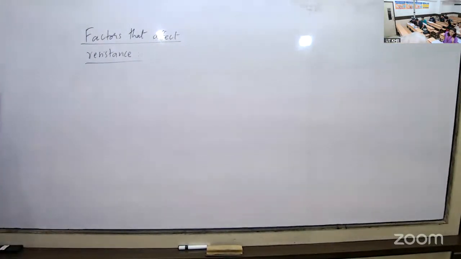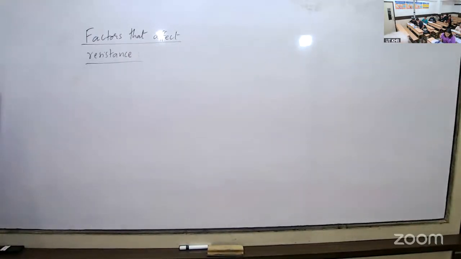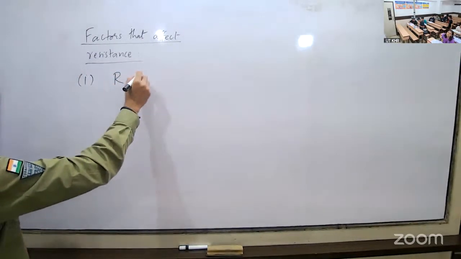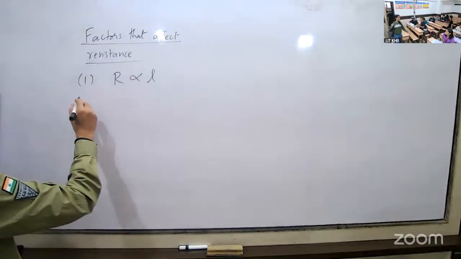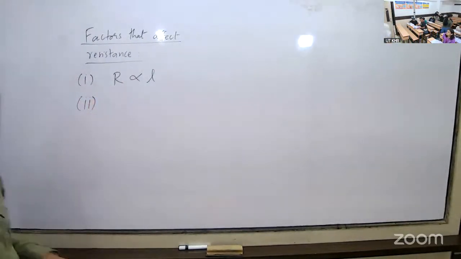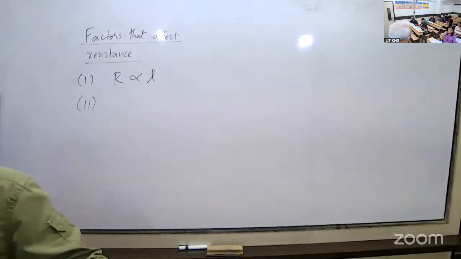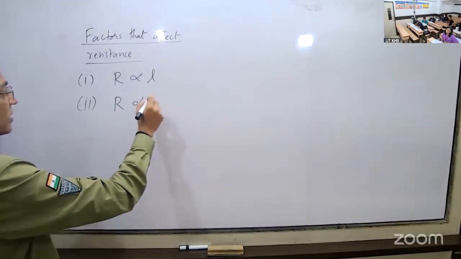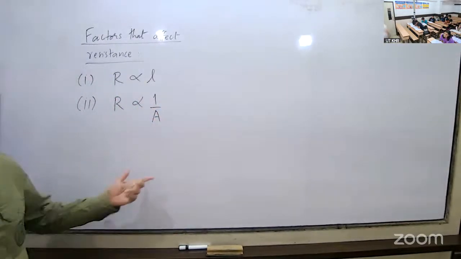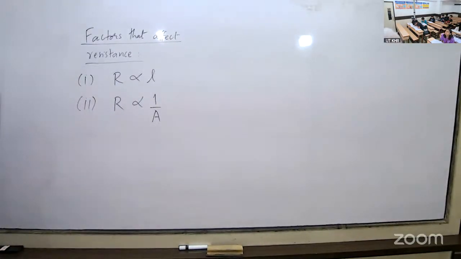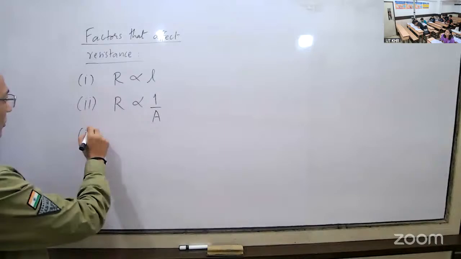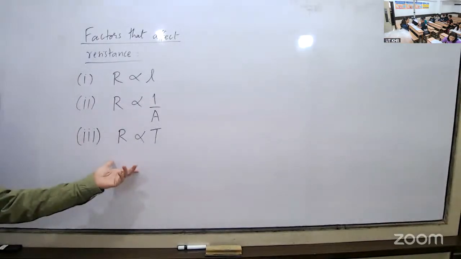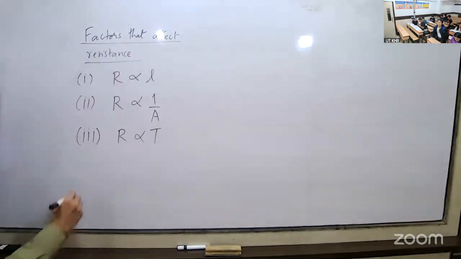So what are the factors that affect resistance? There are 4, right? What are they? So it changes with the length. If the length of the conductor is doubled, resistance will be doubled. What about thickness or area of cross section? There is an inverse relation. Third, it also increases with temperature, right? It increases with temperature. Fourth,